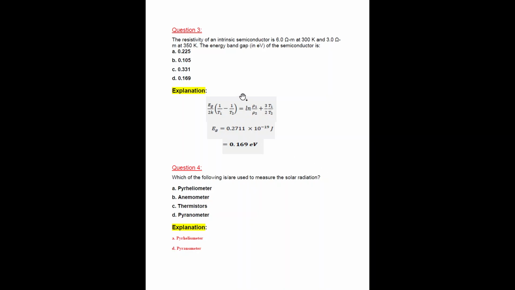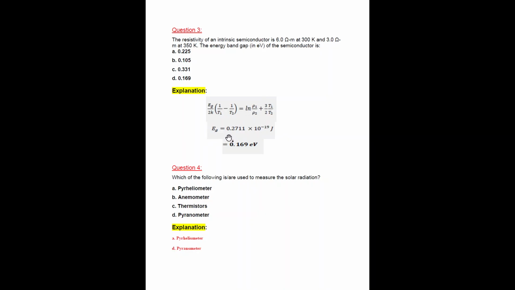We know the resistivity formula: Eg over 2k times (1 by T1 minus 1 by T2) is equal to ln(rho 1 by rho 2) plus 3 by 2 ln(T1 over T2). Rho 1 and rho 2 are resistivities. We put the values here, that is 300 Kelvin, 350 Kelvin, the Boltzmann constant and rho 1, rho 2 and the T1, T2 values, we get Eg is equal to